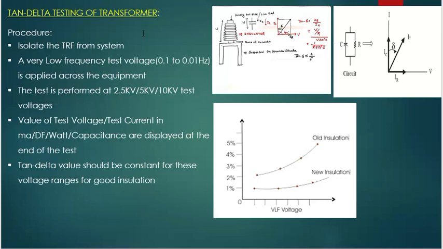Now, tan delta test or the capacitance test is performed on the transformer to assess the overall healthiness condition of its insulation. A pure insulator, when connected across line and earth, will behave as a capacitor. In an ideal insulator, as the insulating material which acts as a dielectric is 100% pure, the electric current passing through will have only the capacitive component. And if we draw the phasor diagram between the applied voltage and the capacitive component of the current, the capacitive current will lead the applied voltage by an angle of 90 degrees.